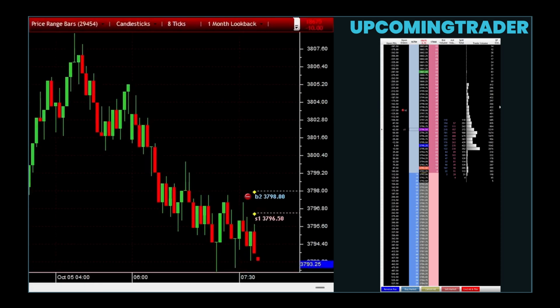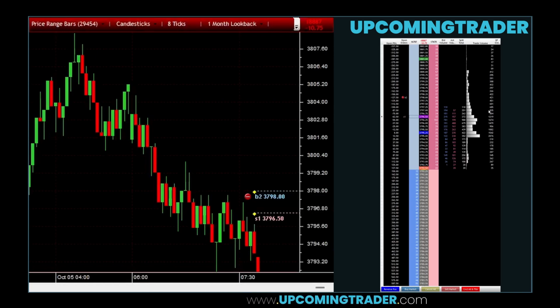pushing the price upward. However, the sellers eventually overpowered them, driving the price down from the high to close near the opening price. This battle between buyers and sellers casts doubt on the continuation of the bullish trend and hints at a potential shift in market sentiment, possibly indicating that a peak has been reached and a reversal to the